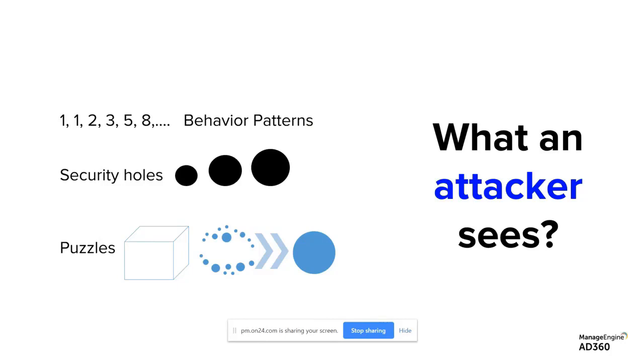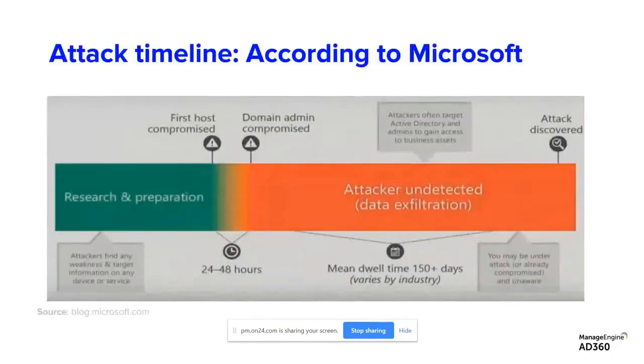And now that identities are multifold than before, they're looking for those touch points that are vulnerable, and all they need is just one entry point. In fact, Microsoft agreed, and they were very forthcoming with this infographic. It's a little disturbing, but that's how things are. If we're talking about Active Directory security, all an attacker needs is 2 days from the moment they have gotten their first access point. Attackers can get into your system and take just 2 days to crack into an admin account. That is definitely scary.